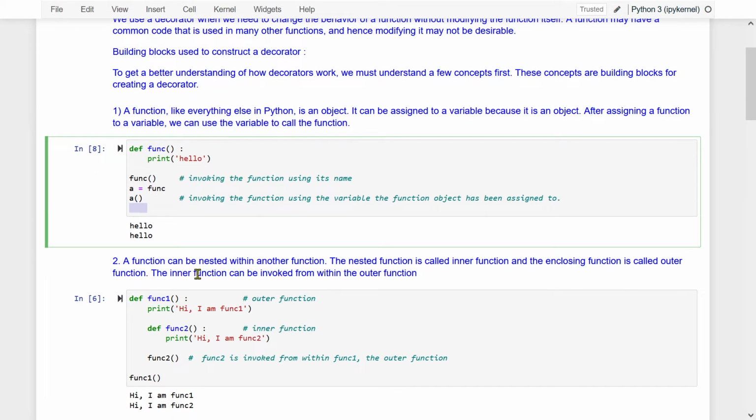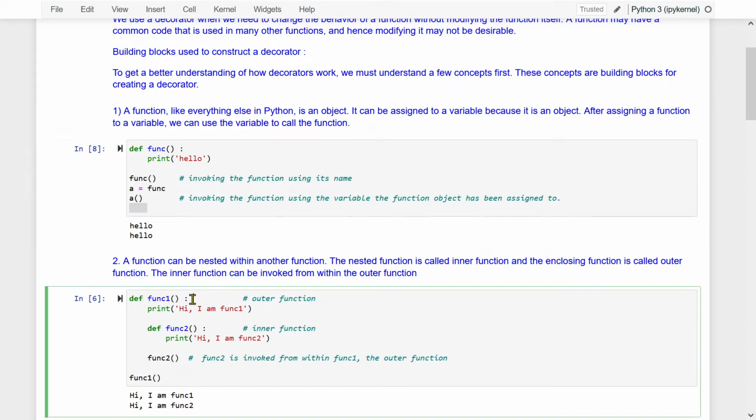Second says a function can be nested within another function. The nested function is called inner function and the enclosing function is called outer function. The inner function can be invoked from within the outer function. See this function I have defined. The function name is func1. Here I am printing hi, I am func1. This is outer function. Why is it outer function? Because there is another function which is defined inside it. The name of the function is func2 and this is called inner function. See, func2 is inner function with respect to func1 which is outer function, and